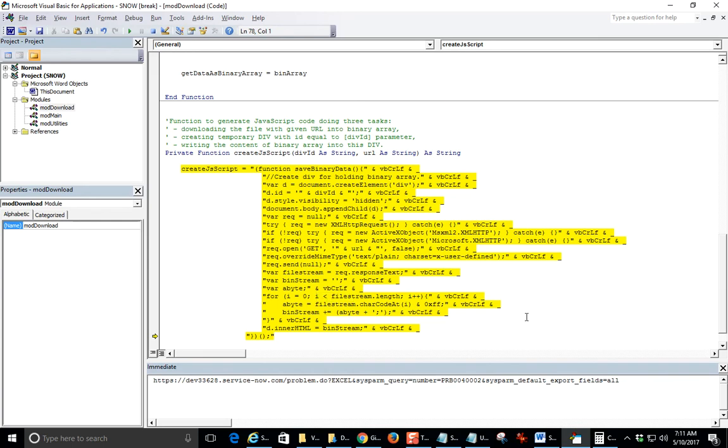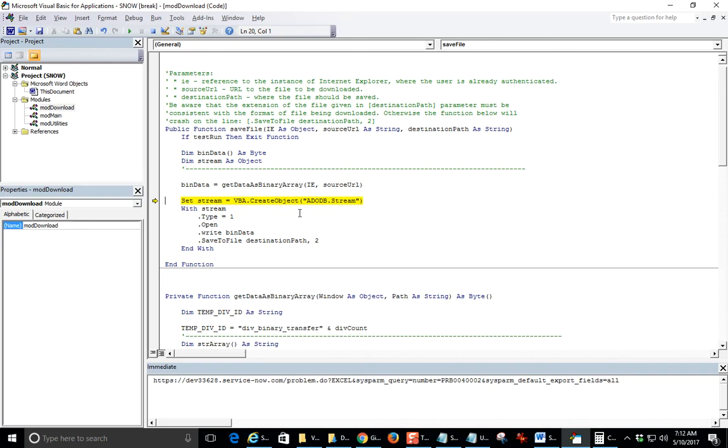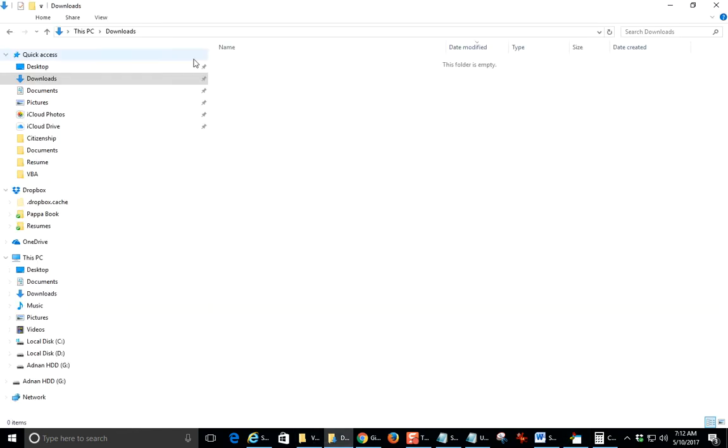So here it's running again, and then comes back, reads the information, and then it gets the binary array of the Excel file, and it's now writing it to a binary array and comes back. It reads that array and then writes it to the destination path, which is again the downloads folder and problem.xls. So it's going to write it, but before that, let me show you the downloads folder